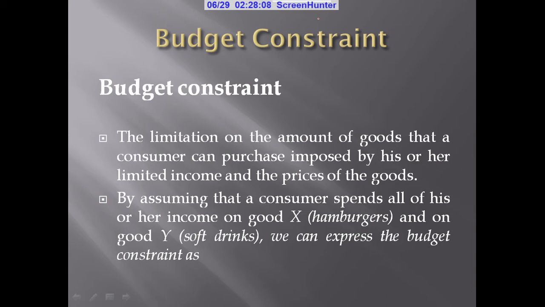By assuming that a consumer spent all of his or her income on good X, here we are assuming that an individual has two goods, X and Y. On the X-axis, we measure hamburgers, and on the Y-axis, we measure soft drinks. Individuals have to face constraint in the form of income and prices of the goods. We can express the budget constraint as